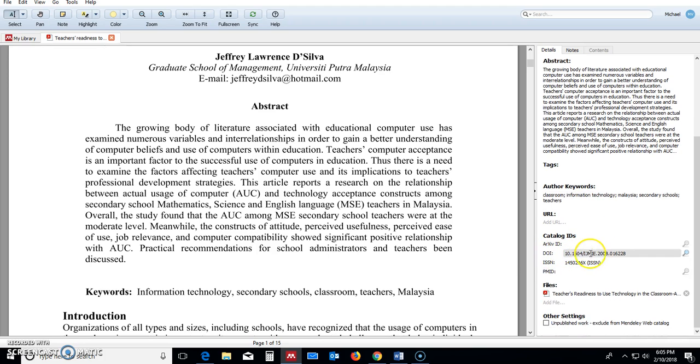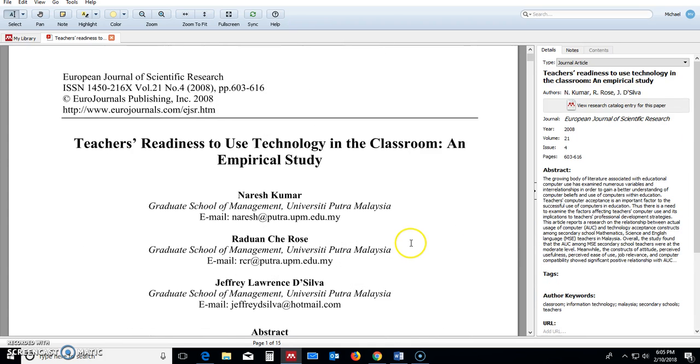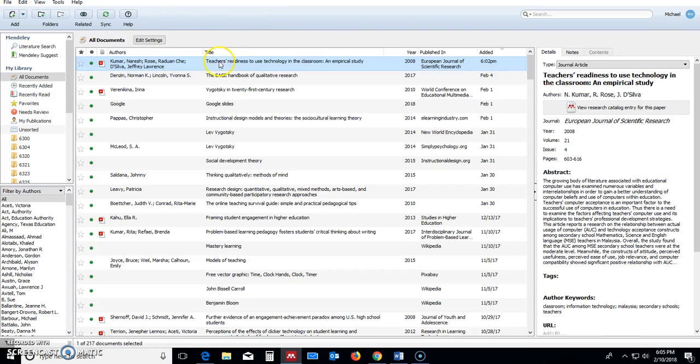It actually picked up the DOI on this one as well. So this one was fairly successful, grabbing most of the information or all of the information correct, but that isn't always the case. So that's a crucial step, is fixing that information when you import the document. I can then close this,